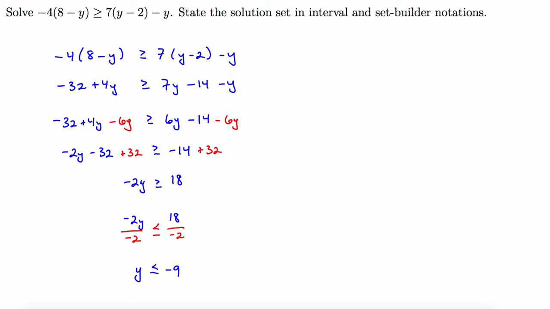While it is not asked for, it can be very helpful to visualize this on a number line so we can interpret this in interval notation. I draw a quick sketch of a number line with a 0 giving us an orientation and a negative 9 to the left of the 0. The less than or equal to says we want everything to the left of the negative 9, and we also want to include negative 9 as a potential solution. We will either do this with a closed circle at negative 9 or a square bracket facing to the left.